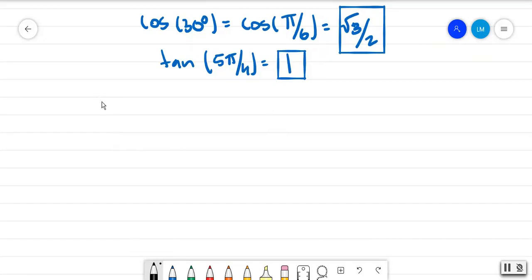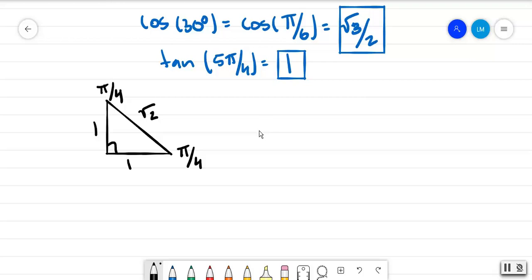So be sure that you do look at the 45-45-90 triangle. You have 1, 1, and then root 2, and that's going to be pi over 4. And then you have the 30-60 triangle, where you have